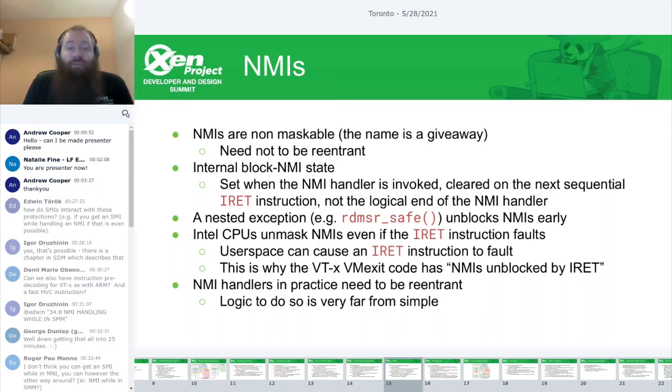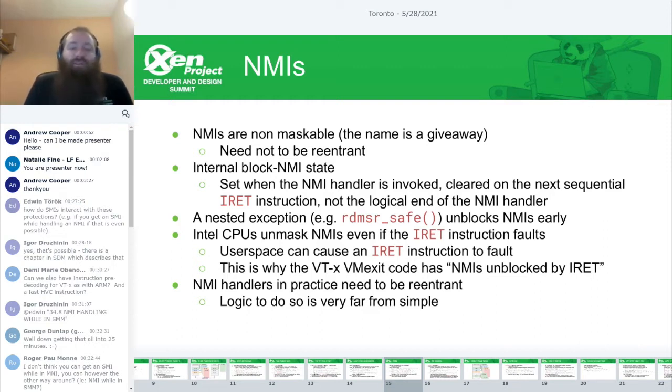Also, page fault is very common, particularly if you're using perf under Linux. Then the perf event subsystem will, for example, go and read the user stack to try and build call chains for you. So you can, in reality, get legitimate situations for nested exceptions,